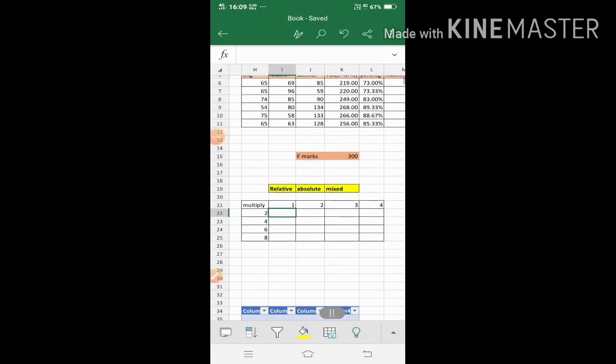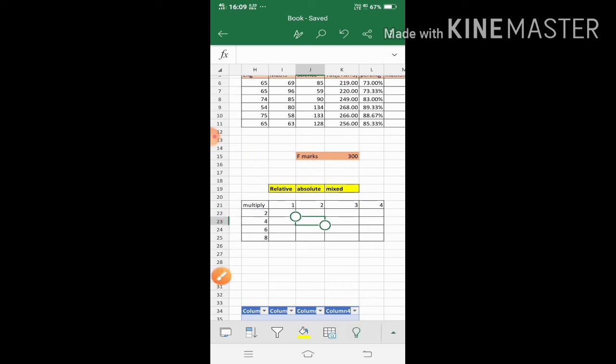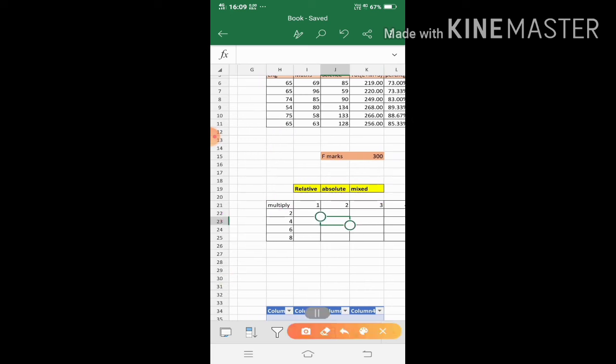See here, our column must be the same for 2, 4, for C1 this column must be the same. So H is the column, which must be the same, but the row can vary. But here the row is the same and the column varies, because we have to multiply 2 into 1, then 2 into 2, then 2 into 3, this way.